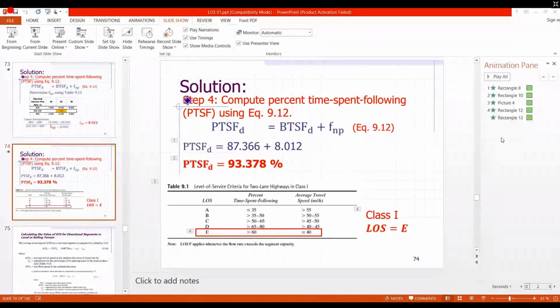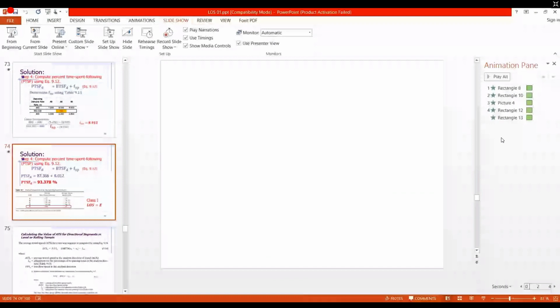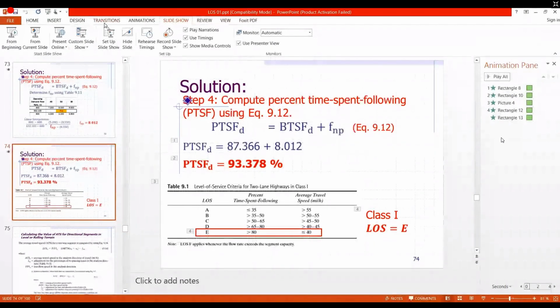Tatlong decimal, I'm sorry. Final answer lang ako nagra-round or hindi. But most likely, hindi rin lang sa final answer. Basta kukunin ko lang yung tatlong decimal. Okay? Baka magkamali kayo sa answers later on. Puro of the above yung masasagot nyo. But ganon siya. Okay? So, pag walang question regarding yung PTSF natin, tignan natin yung next, which is your